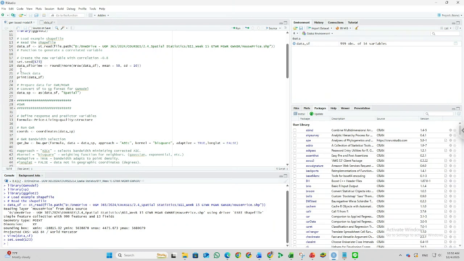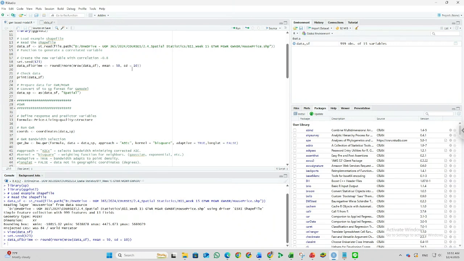After we run the set sheet and set the value the same, we can run the new variable. For the example, we add crime as the new variable, and for the round we set the integer.